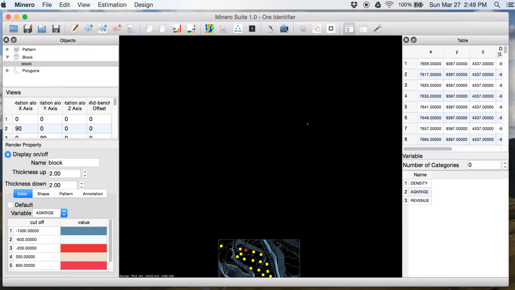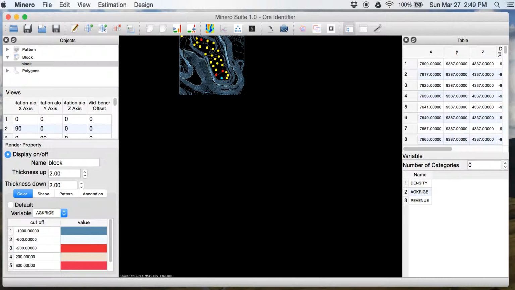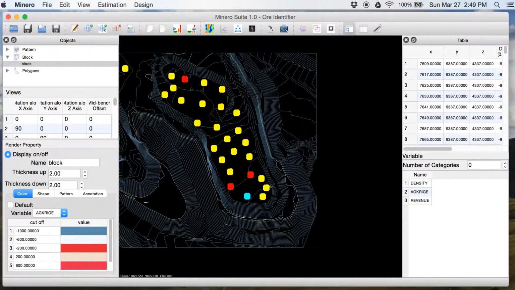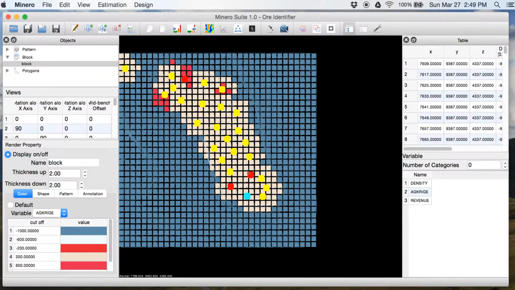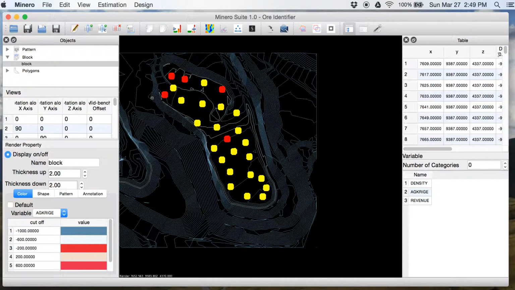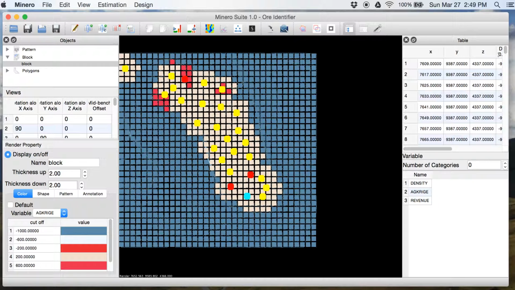Okay. At 4366 we have data. 4368 as well. Yeah, there are 2 benches where we can have krig data.